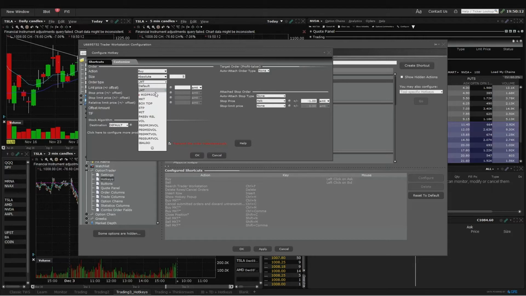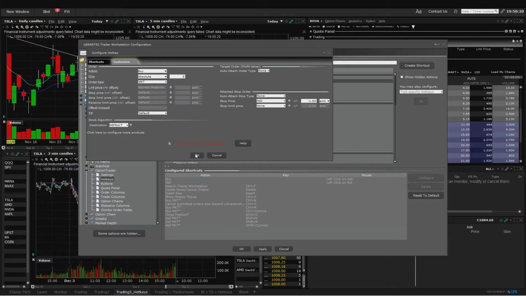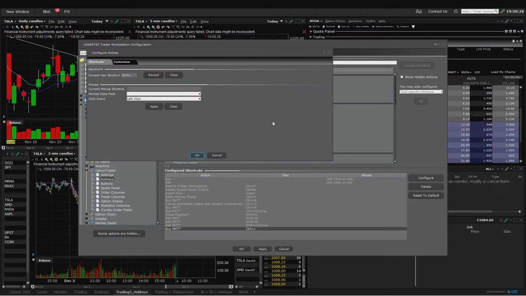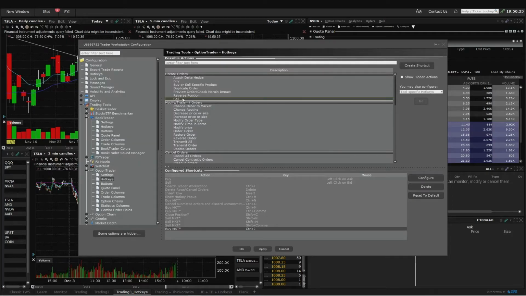So for me personally, since I use market, I selected market. Now I have five options for the shortcut, and the shortcut is Control J. Now I can click OK. My shortcut is recorded. If you see here now, I can delete it, or I can change the value of the size. If you want to change anything, you can click on that and click configure. You can change the properties on that. So that's simple.